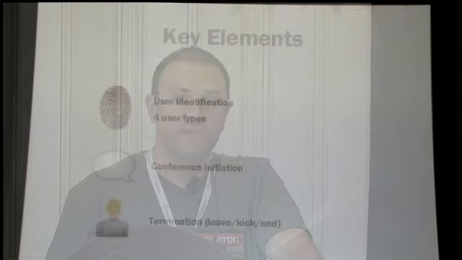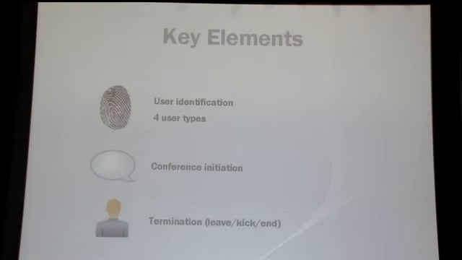For the 4 types of users, then the conference initiation, and obviously do some housekeeping when there's the conference termination. For each user, we need to identify each user uniquely, not only by the user type, but who that user is. Then we need to log entry and exit time, termination costs. And the 2 types of users that the law firm required are external, which are the clients, and the internals, which are the lawyers and the sysadmin.